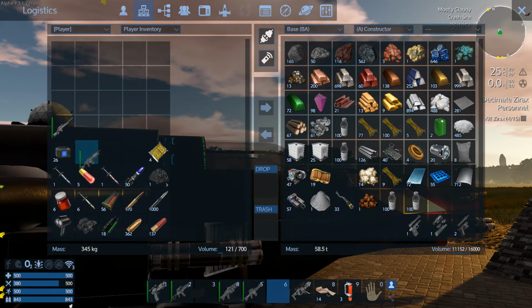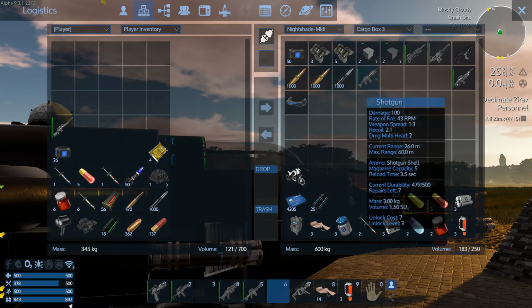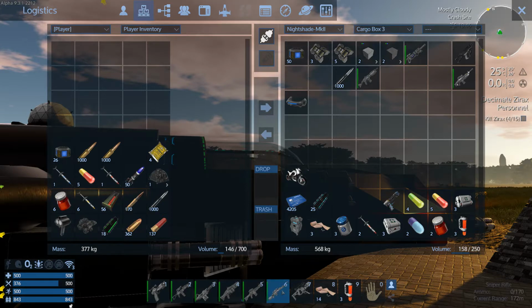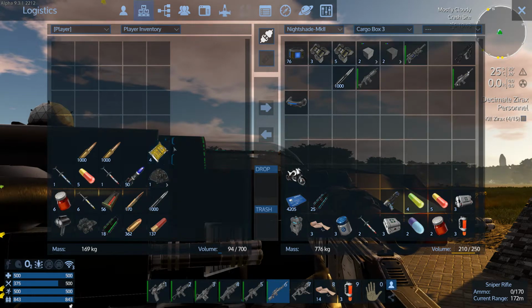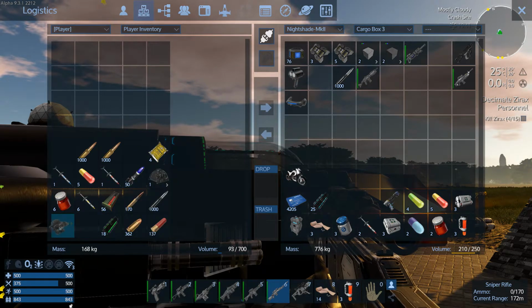I don't think a tier 1 shotgun is going to be much use. So what I'm going to do is I'm going to put that there. I mean, I could put the sniper rifle on there. I think I can probably get rid of the power cells because if I need the power cells I can take it from there. I'll just move this off, but I'll leave the night vision goggles there